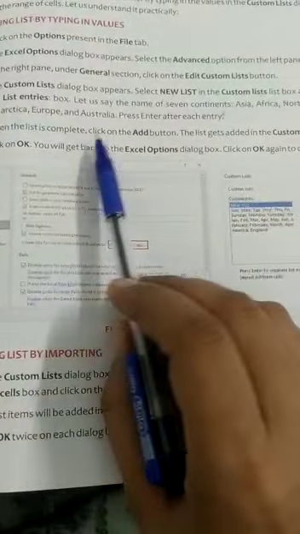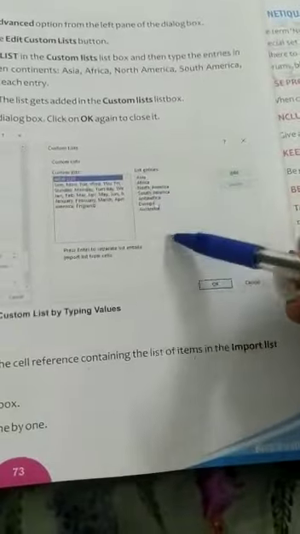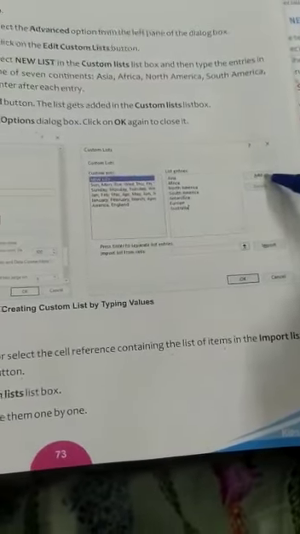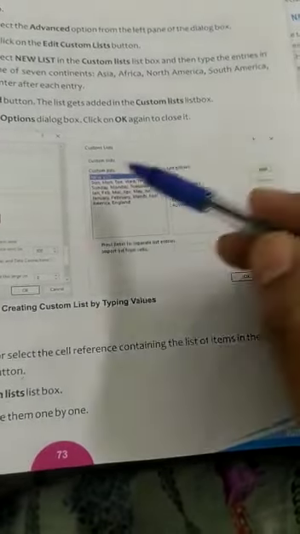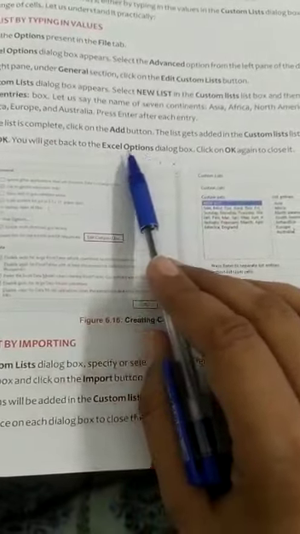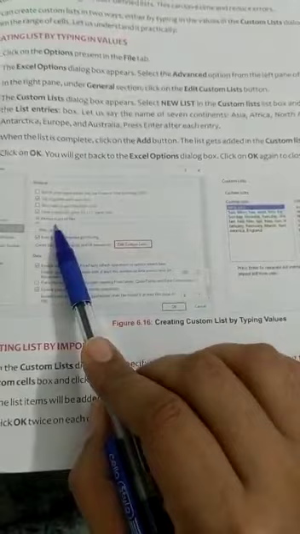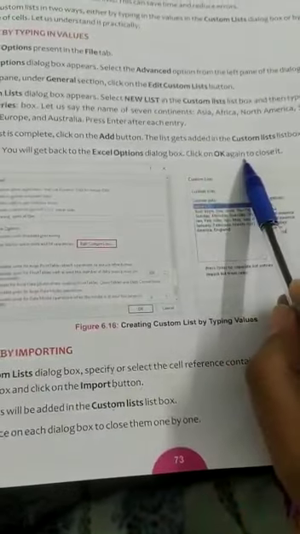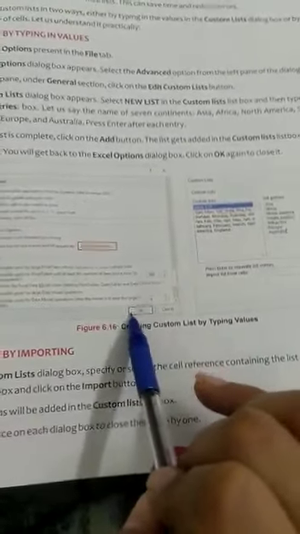When the list is complete, click on add button. The list gets added in the custom list box. Click on OK. You will get back to the Excel options dialog box, and click on OK again to close it.